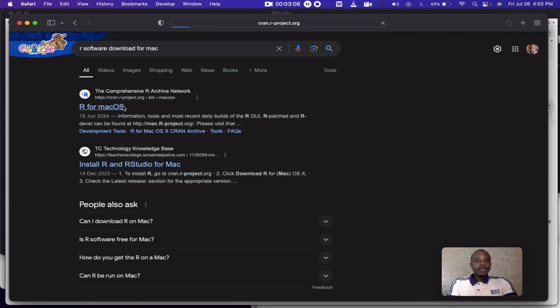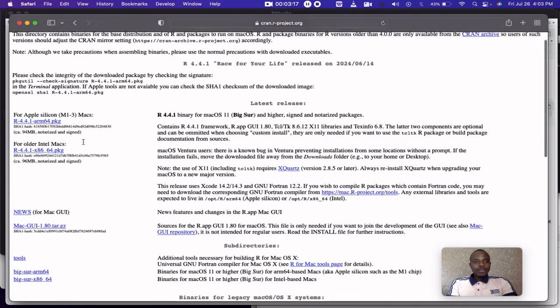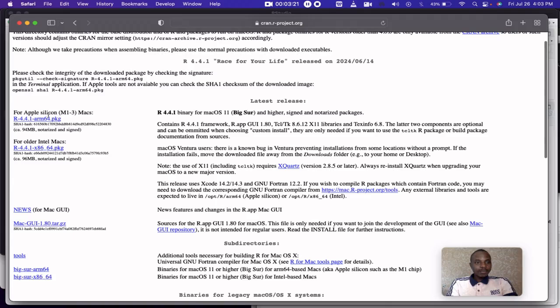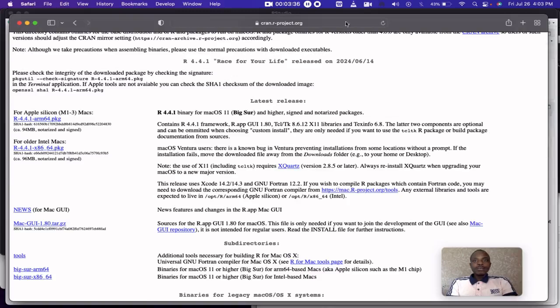All right, so it brings R for Mac OS. I have R downloaded already, so I will not want to download R again. If not, you just click whichever one matches your system. You need to know, are you using Apple Silicon or older Intel Mac OS? So you click on whichever one tallies, whether this or this. And then when you are done, there will be a need to download